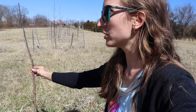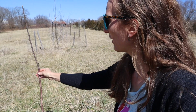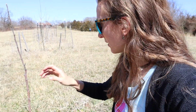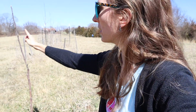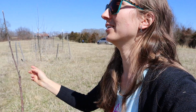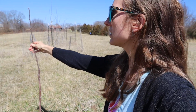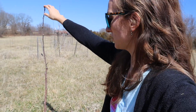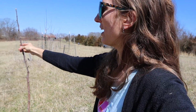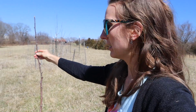So I planted these trees last year, and you can see it's really just small, and I didn't take a before video. I kind of wish I would have, but it had these little tiny branches coming out that were kind of bent like 6 different ways, and I did not like the shape of the tree. So most of these little trees I just trimmed back to a whip, which is basically just the stick,